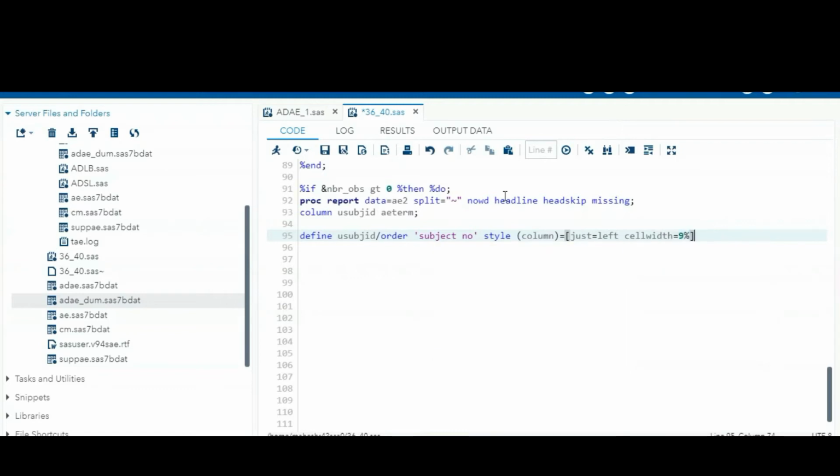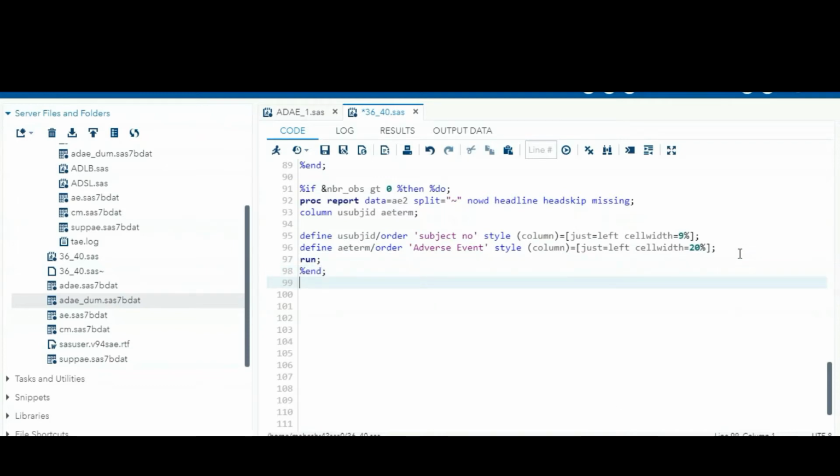If you are mentioning inches, you can mention inches also. The same way you can define the AETERM, adverse event, with some 20%. Just run this and %end.